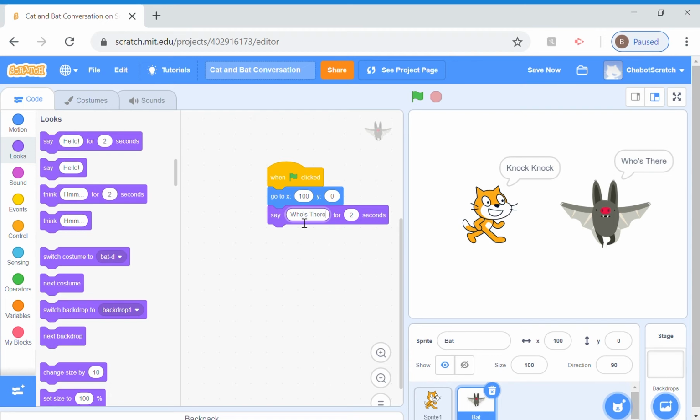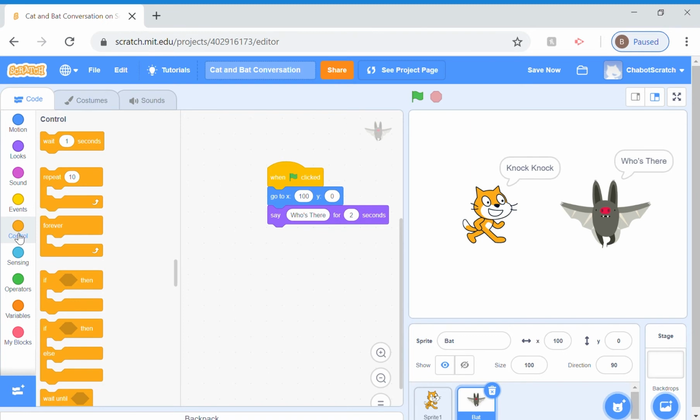It looks like our sprites are talking over each other, and we don't want our sprites to be talking at the same time. So to fix this, we can use the wait block. To find this block, click on the orange control tab on the left side, right here. Drag over the wait 1 second block and put it in between the move block and the say who's there